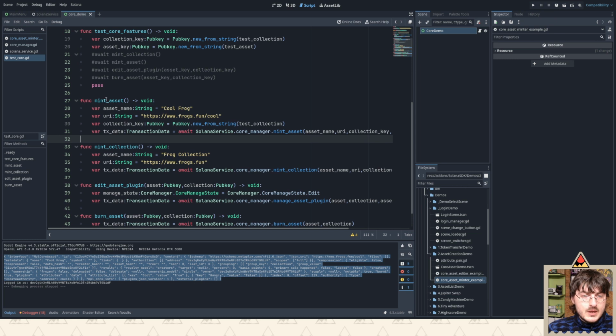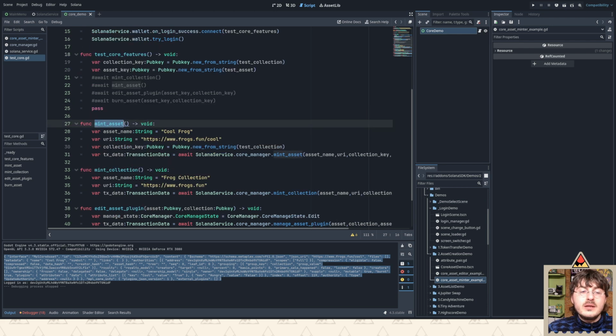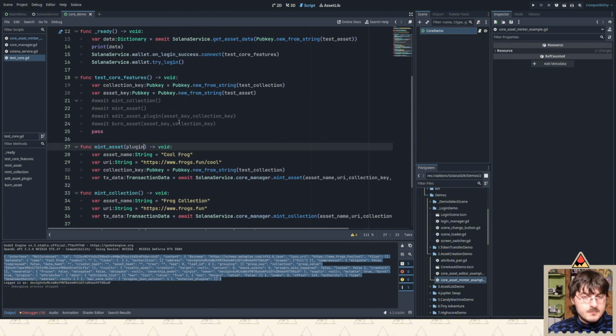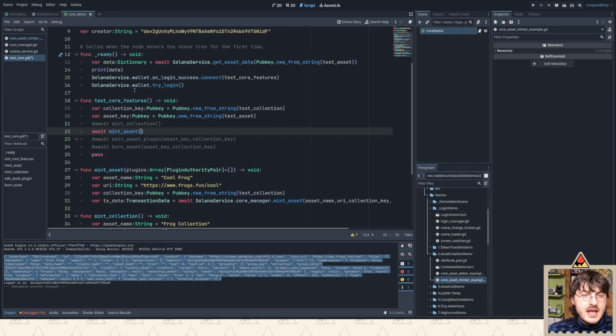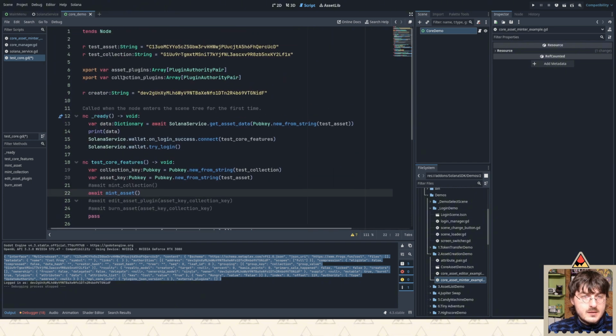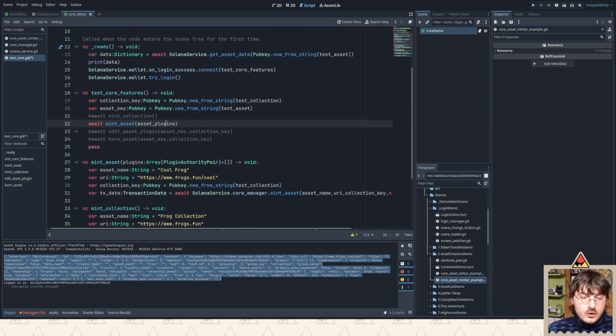What we're going to do is mint an asset, maybe the same one, on the same collection, everything's the same, only that we're gonna do mint asset maybe with custom plugins. Maybe let's do plugins, which is gonna be an array of a plugin authority pair, and it can be passed in as empty. So basically right here we can just add in these asset plugins. Or if we don't add in these plugins, we're now going to create a custom way